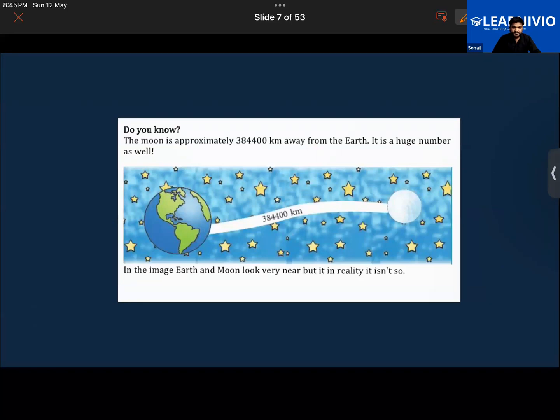So for example, pay attention over here. You guys know, the distance of the moon from the earth is almost how much? Read this number. That is 3 lakh and 3,84,400 kilometers. So the moon is almost this much distance away from Earth, and it's a huge number. Although in the image they might seem closer, for the sake of convenience we have taken this image. So the distance between the moon and Earth is usually very big.